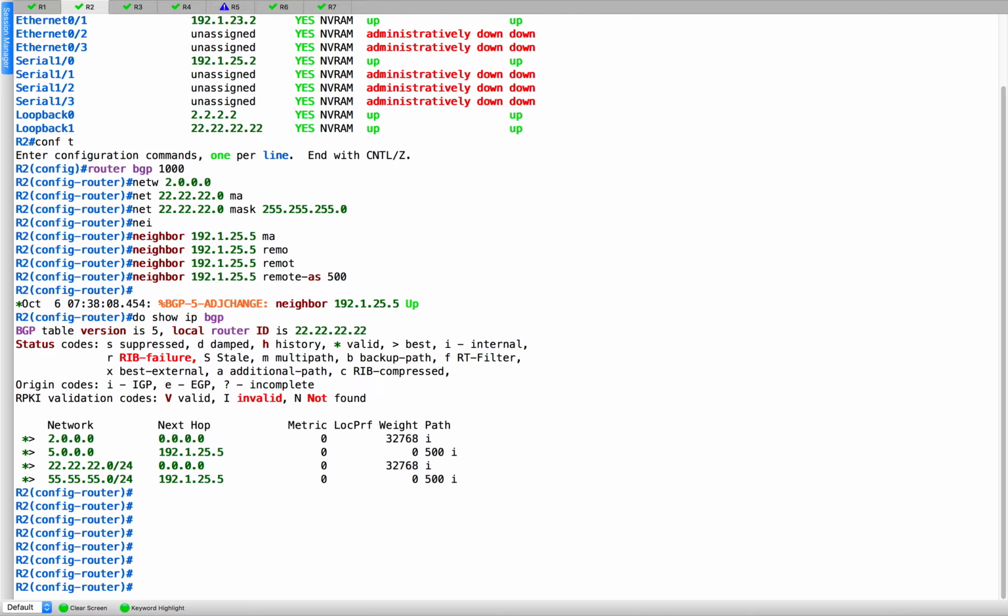We will see that as well in future, right? Obviously, when deciding if you have two different routes to the same network, then the I will take more precedence over the question mark. Okay,